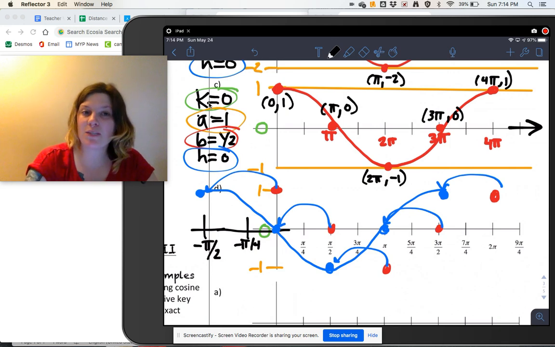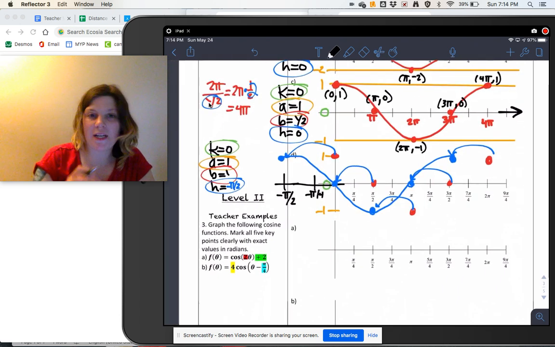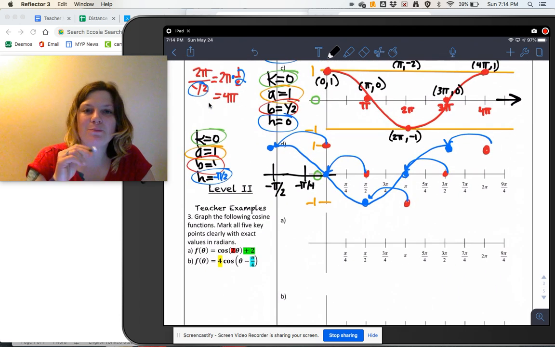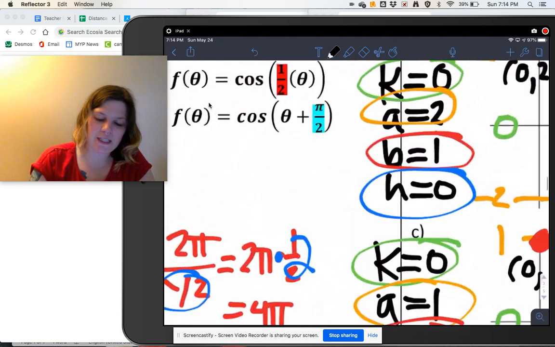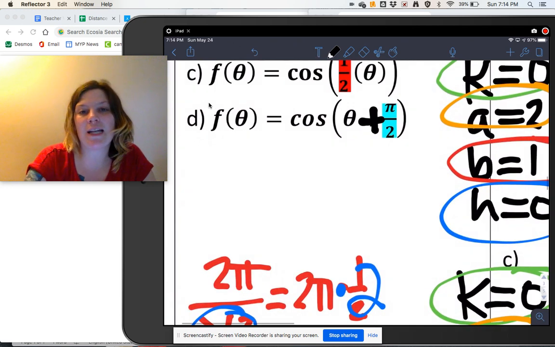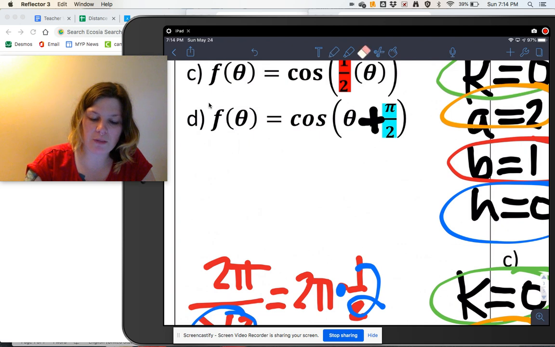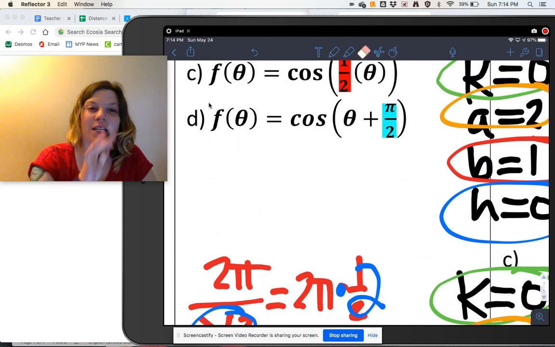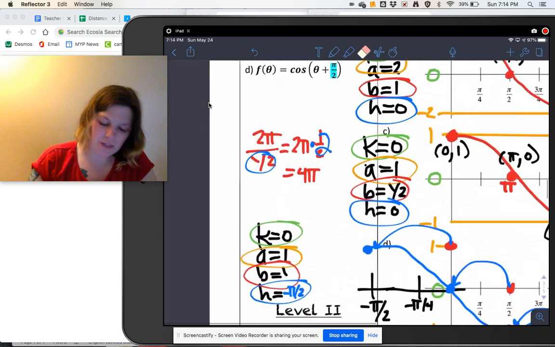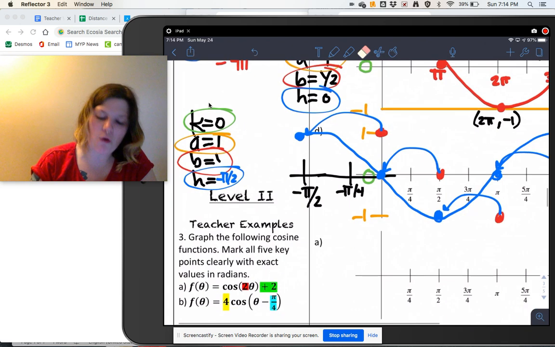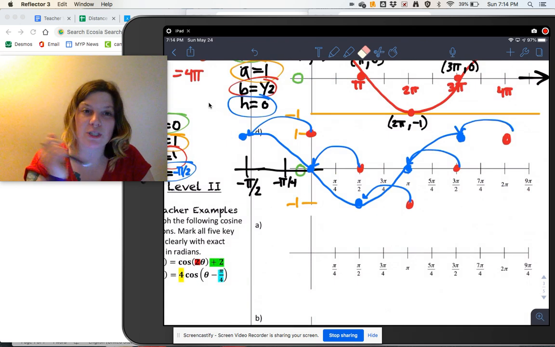Okay, so this next one I wanted to point out that, I had to move it over a little bit, but when our H value is positive in the equation, it actually means you have a negative H value, because the general formula has a minus sign. So it's like a double negative to make it look positive, but it's actually negative. So what that means is you need to move every point over pi over 2 to the left, which is the negative direction. And so we can see that every single point got moved over negative pi over 2,